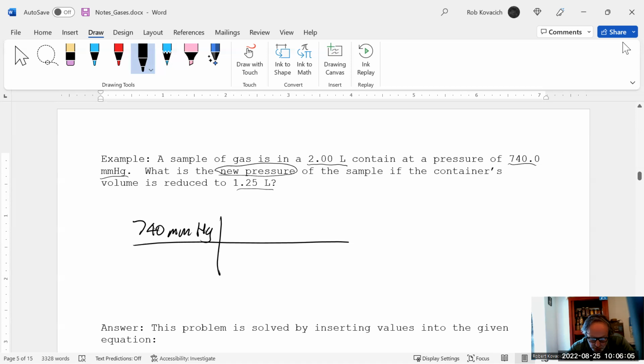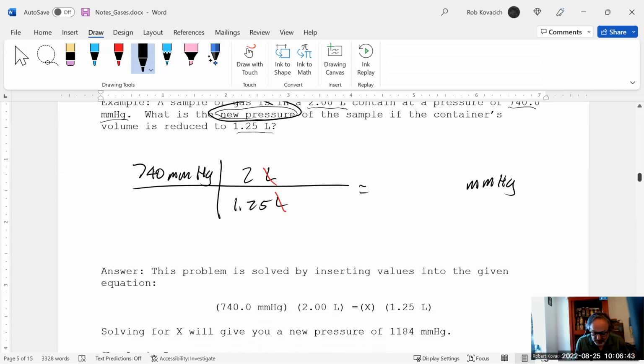So how do I take 2 and 1.25 and turn them into a bigger 740 number? I'm going to take 2 liters and 1.25 liters. So I know I have to put liters in the numerator and liters in the denominator. They have to cancel out. This unit has to go away, because the only unit I'm allowed to have when I'm finished with this calculation is pressure, because I'm looking for a new pressure. Okay, so I put the 2 on the top and the 1.25 on the bottom. That way I would get a number that is bigger than 740, because I know the pressure is going to go up. And so the math on this works out to be